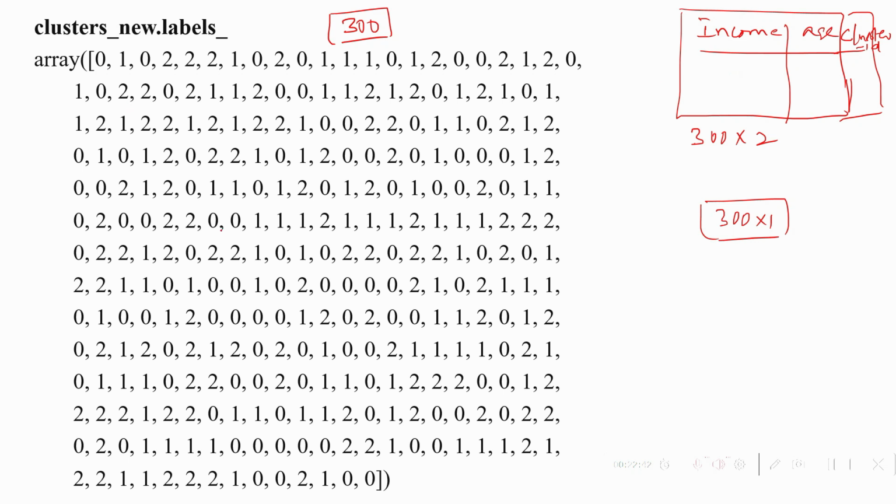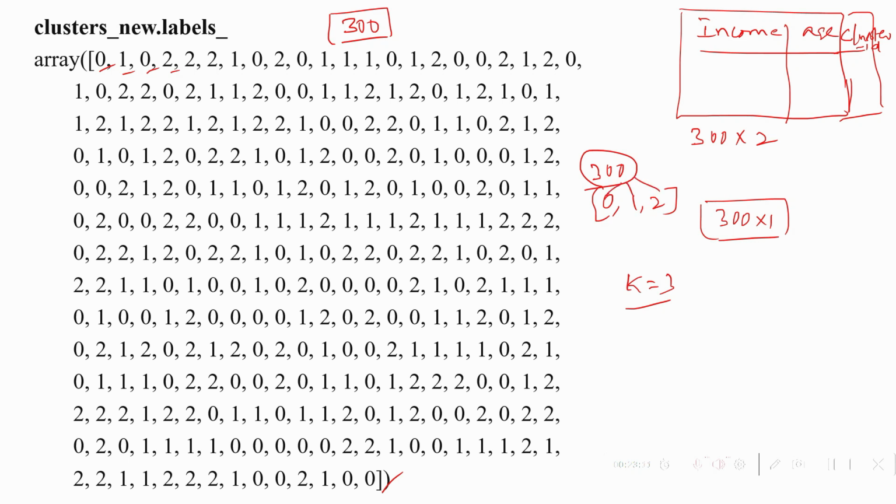That means we are getting the corresponding cluster IDs for each and every instance. So we have 300 cluster IDs, like 0, 1, 0, 2, 2 like that. These become the cluster IDs for our given data set. Here our number of clusters equals 3, so the cluster IDs start with either 0, 1 or 2. All 300 instances are mapped to one of the cluster IDs,